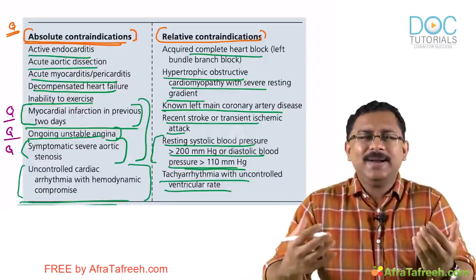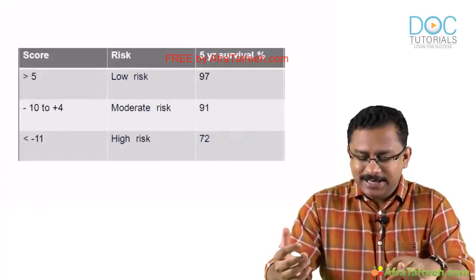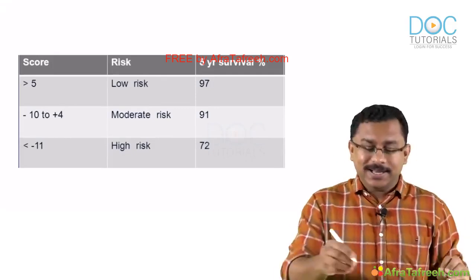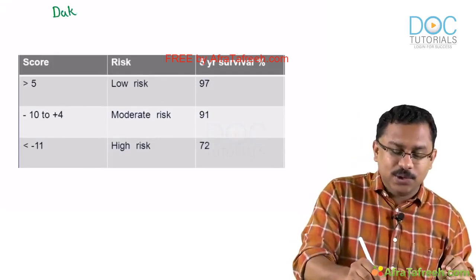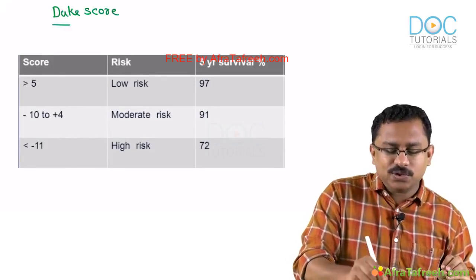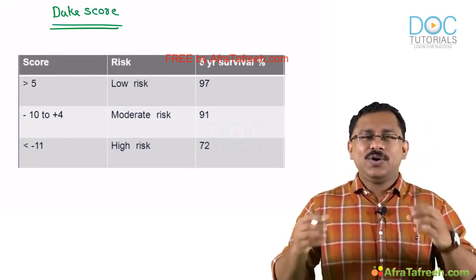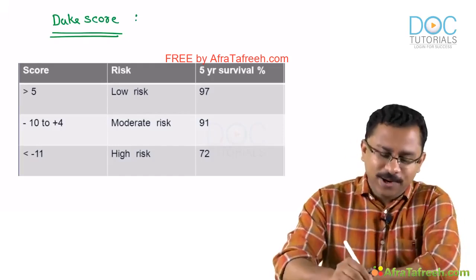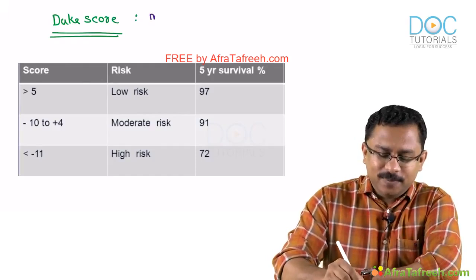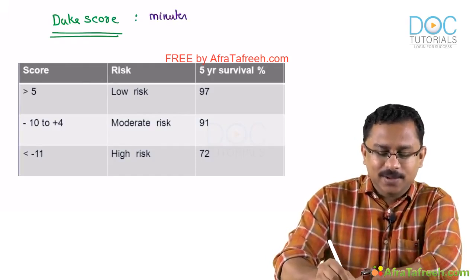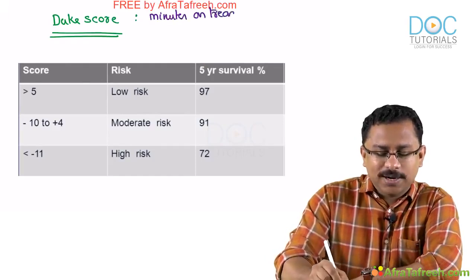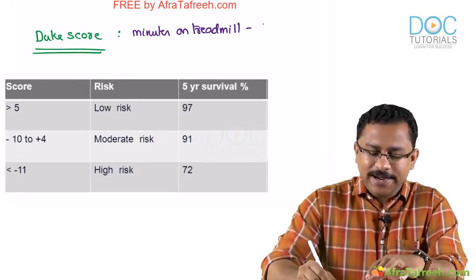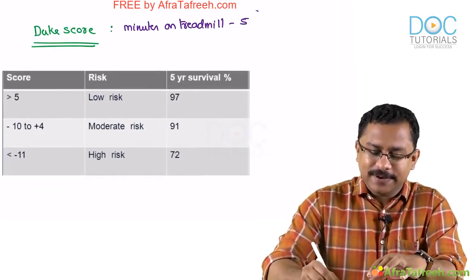And when you do this treadmill test, you will come out with a criteria also, and you will come out with a score also, that is known as the Duke score. So what is this Duke score when you do a treadmill test? The Duke score is calculated on the basis of a particular formula: the number of minutes on the treadmill, how many minutes he has walked on the treadmill, minus 5 times